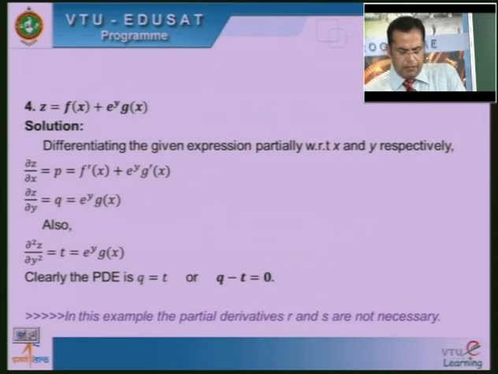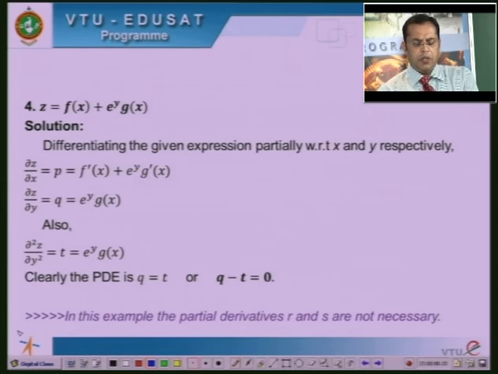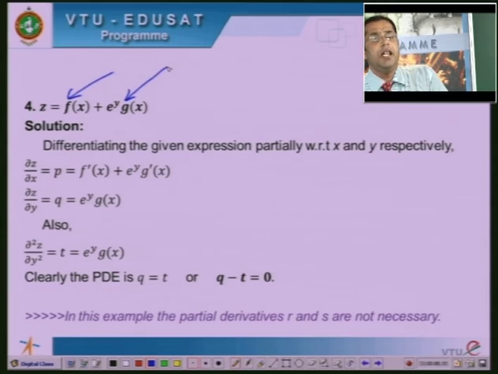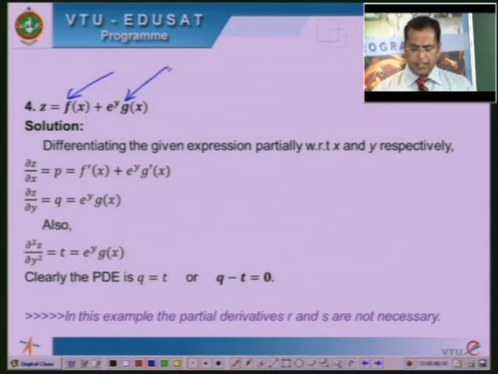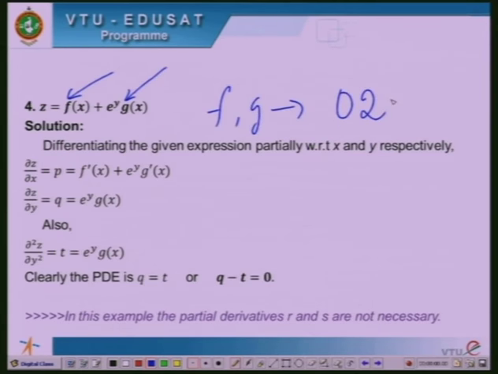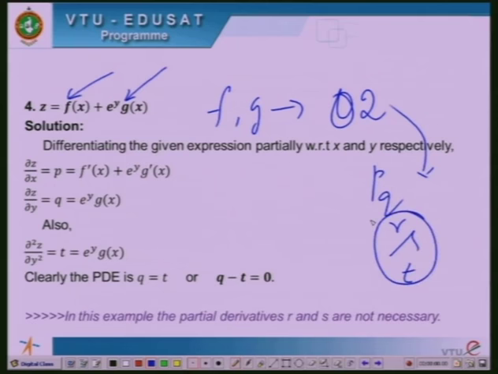Form the PDE given z is equal to f of x plus e power y into g of x. Here again, there are two functions f and g that are required to be eliminated from the expression. So, again f and g elimination will give you a PDE of order 2, which means that you not only do p and q, but also you calculate r, s, t. Again, let me remind you, there is no need to calculate all of them, that depends on the given expression. So, if you differentiate partially with respect to x and y,